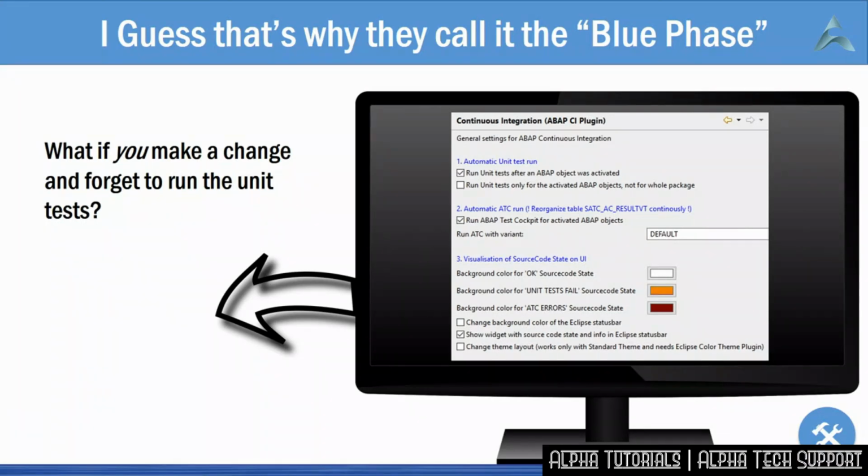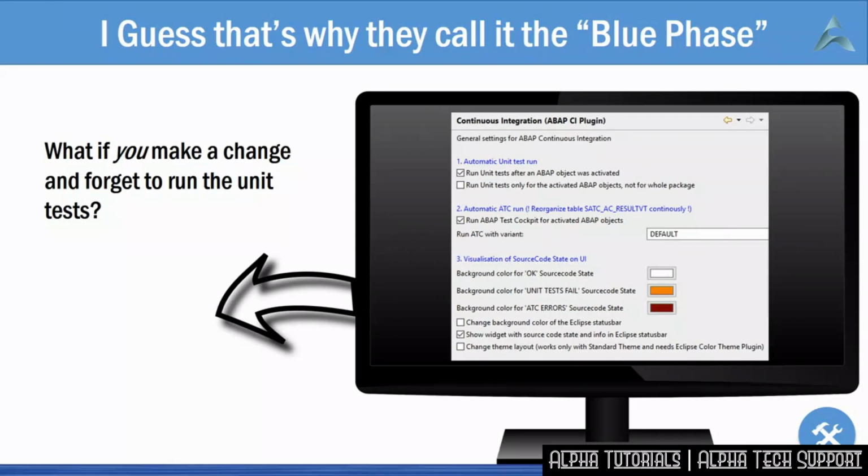As it turns out, if you develop using ABAP in Eclipse, you can force the issue. Many of the tools I talk about are free, and there is a free plugin for ABAP in Eclipse called Continuous Development, where you can configure the ABAP test cockpit, static checks, the unit tests, even the pretty printer, to run automatically every time you activate the code.